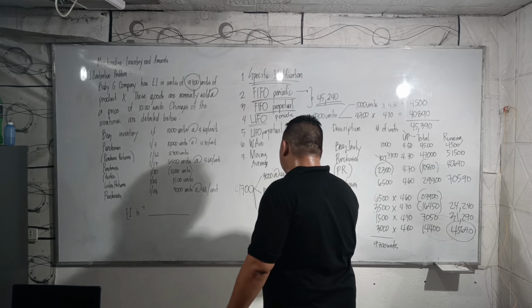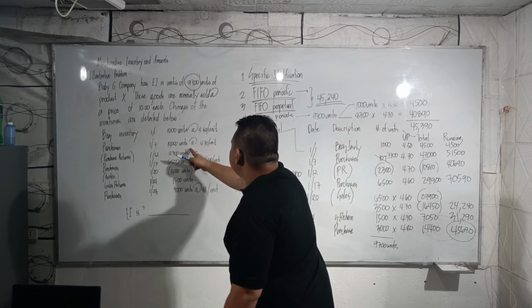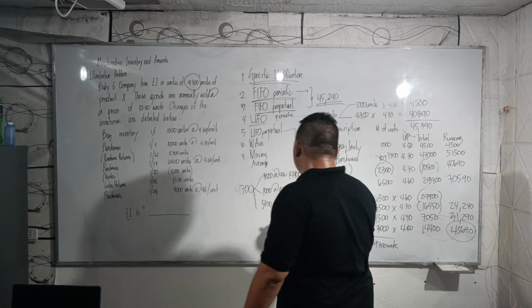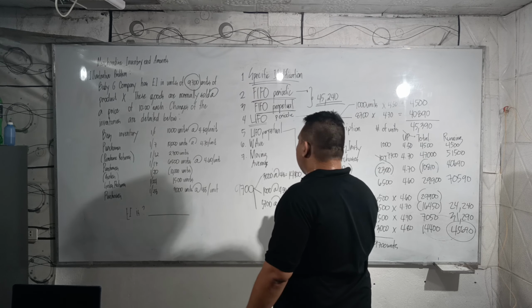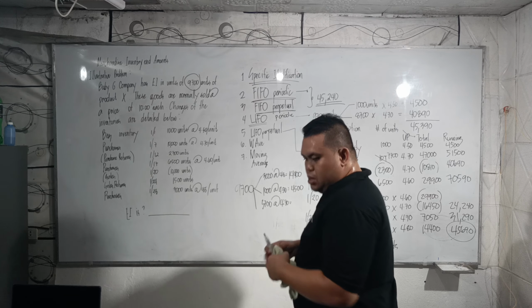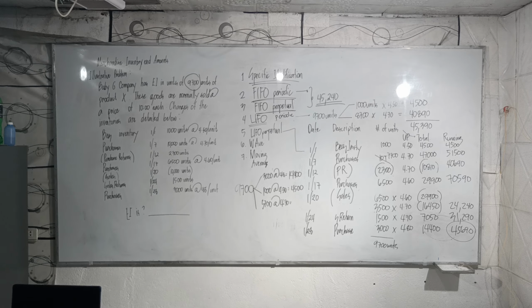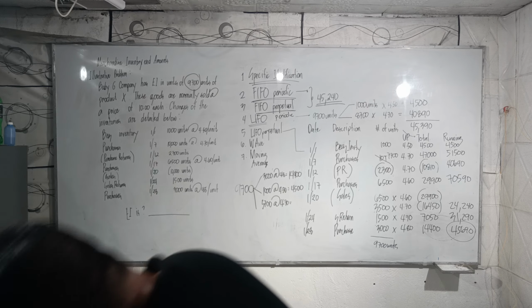That's 5,700. 5,700 comes from the group here on the 10,000 units, which is at 4.7. You'll see that they will be the same. 5,700 times 4.7 equals